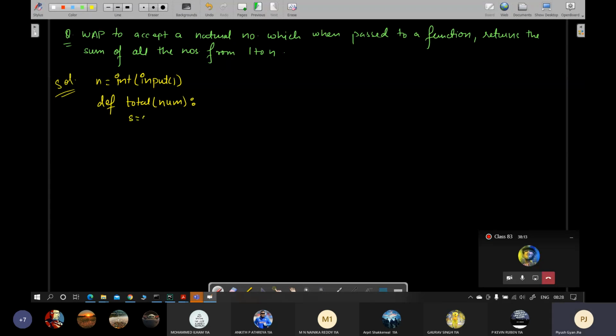Okay, then what will be the formula or this method? So s is equals to 0, for i in range 1 to num plus 1, s is equals to s plus i, and then return s. Then you will make a function call, and then you will calculate total as